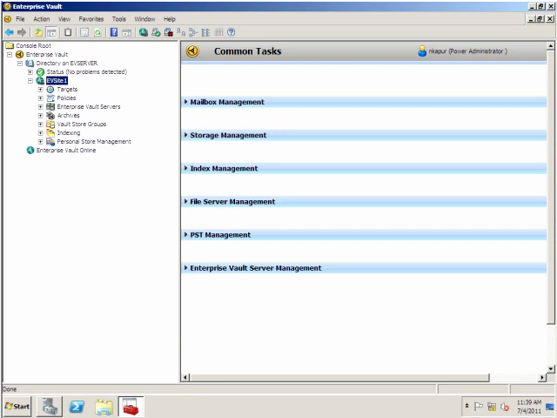In this demonstration, we will create 2 additional Vault Store partitions for the Corporate Compliance Vault Store and configure the partitions for Partition Rollover. Although this demonstration shows configuring Partition Rollover on a Vault Store that is used for journal archiving, this method can be used on any Vault Store and should not be viewed as a feature used only